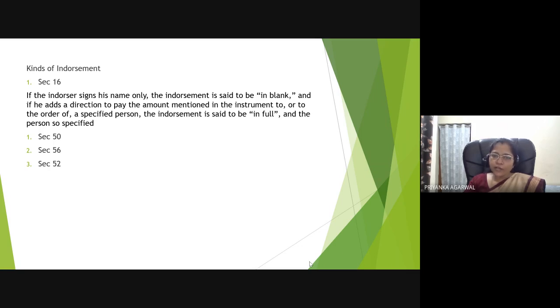No, he need not sign it, because in the case of a bearer instrument, what is happening? It is just the hand that is getting changed, but how many hands have changed? Nobody has a record of it, right? D could have handed it over to E, F, G, H. All these persons are not required to put their signature there. They just, by mere delivery, transfer the instrument to others, and any person in between, in order to convert that blank endorsement to full endorsement, just mentions the name of the person to whom they want to make the payment. Done, right? Just above the signature of C, they will mention the name, and there is no need for them to put their signature.